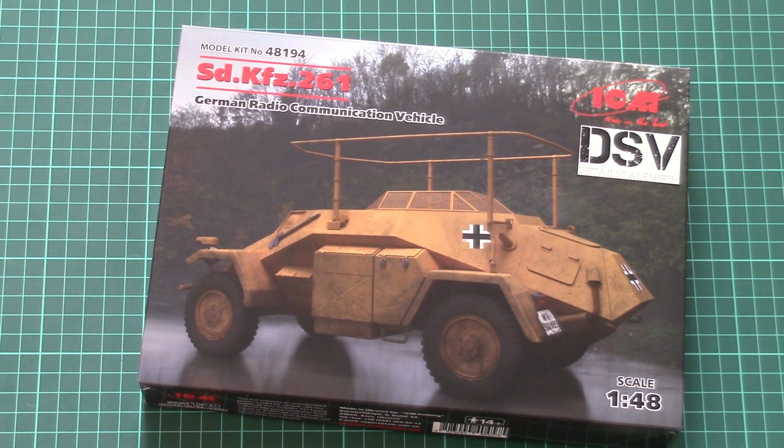As you can see, that's a 1/48 scale vehicle,